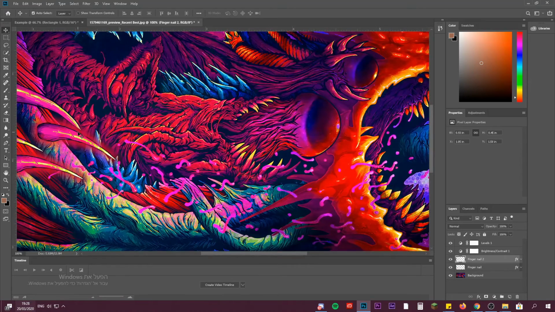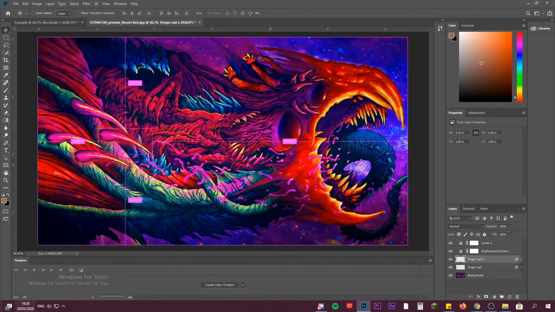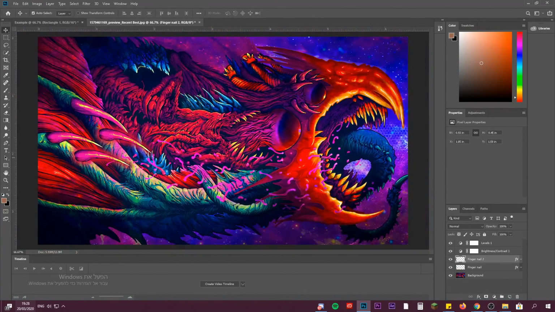If you do want, you can take the lasso tool and get this fingernail from here and copy it over here, so it won't look the same as the one over here, and you can just duplicate it. But I don't find it necessary because I already taught you how to do it, so you can do it by yourself and try many ways to duplicate whatever you want with the lasso tool. You can just mark it from around and press Control C and then Control V